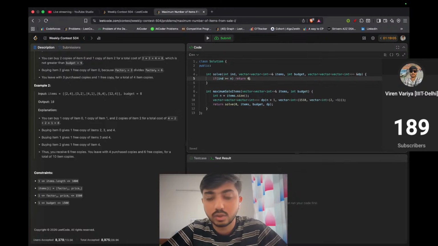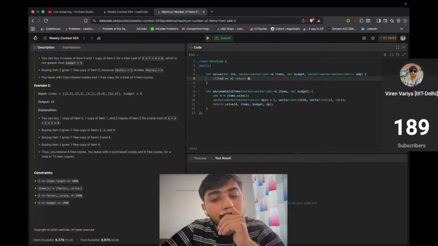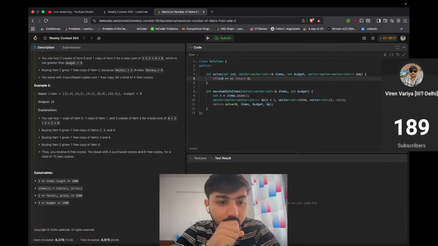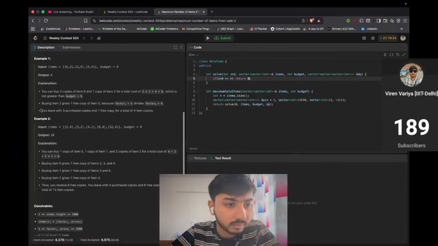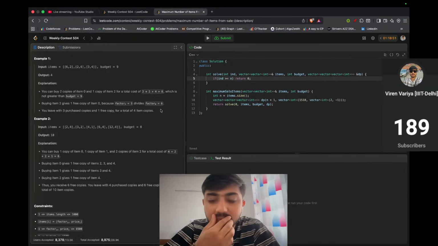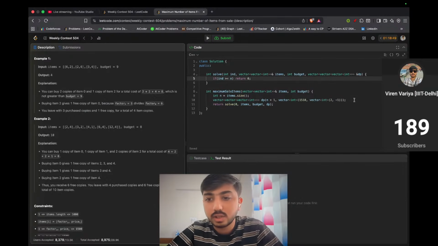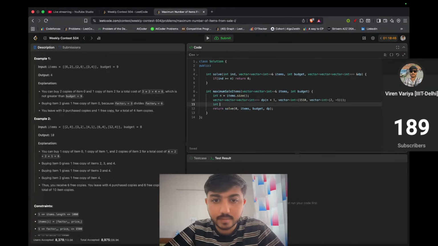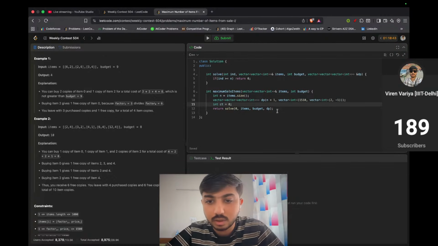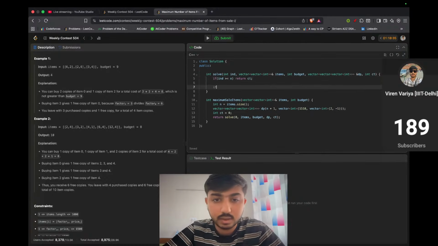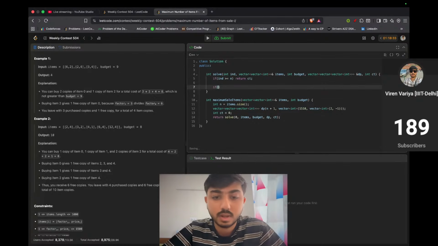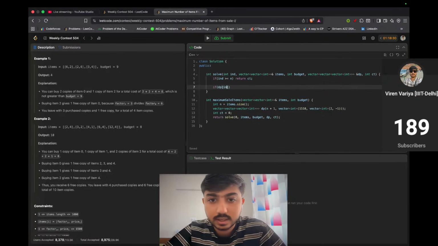Or not return 0 actually. Wait, we need to return the number of copies, right? Initially, we have 0 number of copies. We need to pass count also, the number of copies. Then we'll return the count, which is the number of copies. Then we'll check if DP of index, current budget,